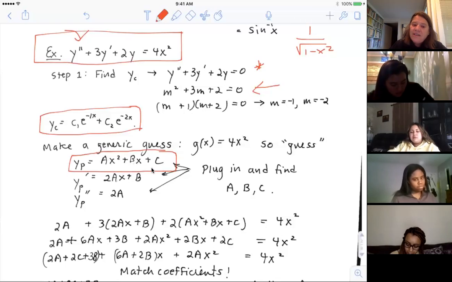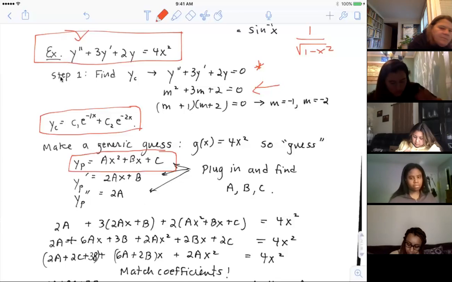So I'm going to do what I typically do in solving some of these things. If I knew a solution and I wanted to check it, I would take all the derivatives that I need. I don't know a solution here, but I do know kind of a form of the solution. So if I say yp is this, yp prime is going to be 2ax plus b, and yp double prime is going to be 2a. I'll do exactly what I always do. I'm going to take these three things and plug them back in to the original equation. All right. So let me show you what I did here.